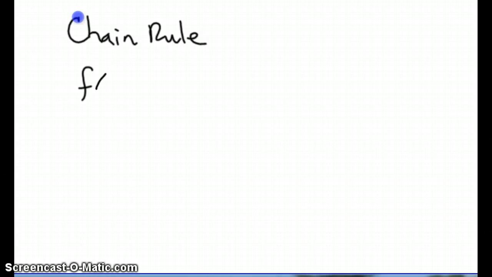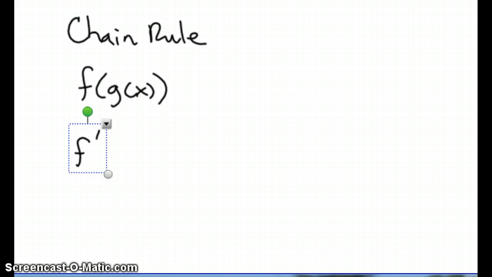Okay, so on to the new material for today's lesson. We're going to actually do what's called the chain rule. We're not going to derive the chain rule or prove the chain rule. We're just going to say what it is. So if I have an embedded function, a composition of functions, and I want to take the derivative of that function with respect to x,